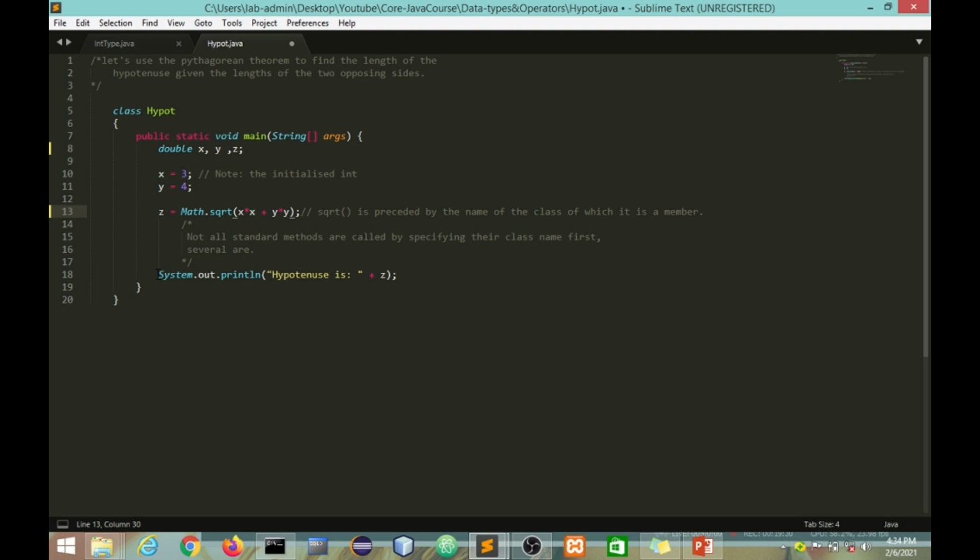Okay, so now when we say system.out.println, we want this string to be printed and our value for the hypotenuse to be printed. We can do that by going to the console again. Since we made some changes to this code, we hit save, Control S, and then go to our